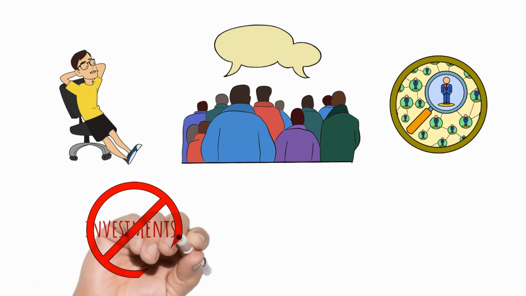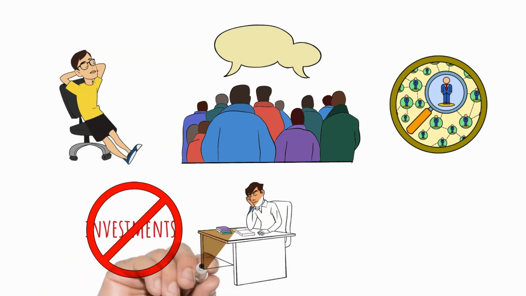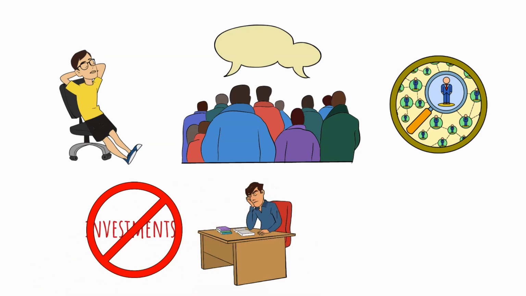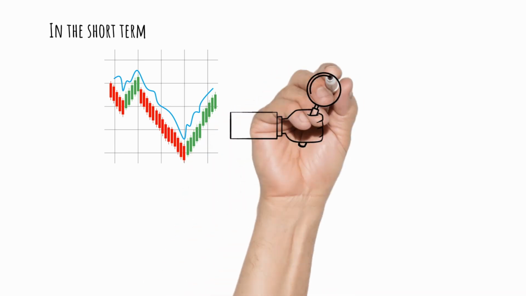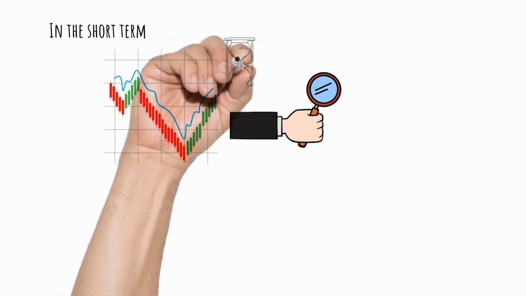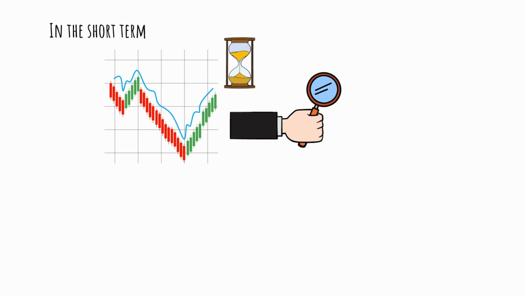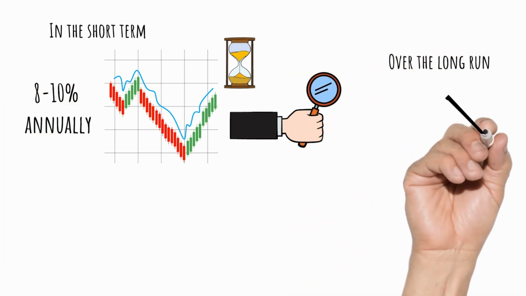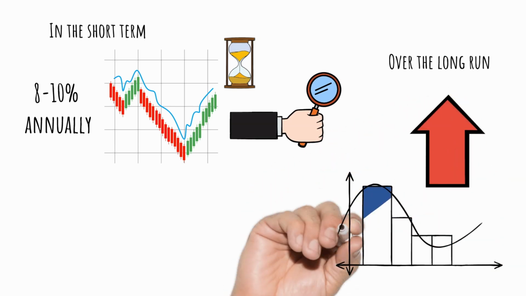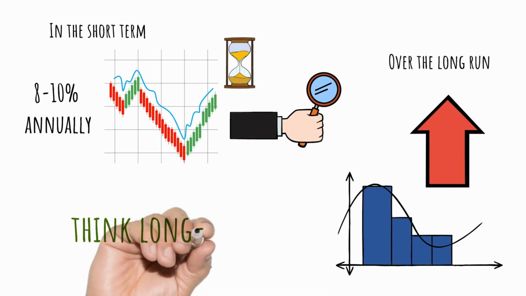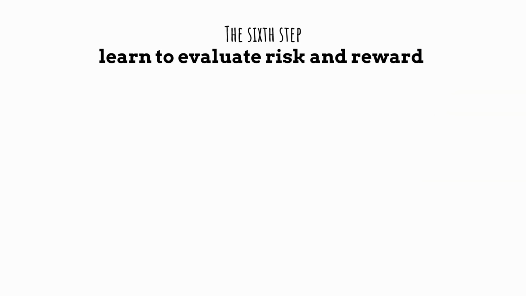So you can see that it is not the actual investments which are risky, it is the person who is investing in them and how they react to market conditions and their tolerance to risk. In the short term, the stock market goes up and down in waves, and you need to accept this. If you're looking to invest for the long haul, which you should be, stock market history has shown that over a long period of time, on average, it returns about 8 to 10% annually. Over the long run, the market is always going up. There are going to be some fluctuations here and there, but the markets have been on an upward trend, so think long term, not short term.